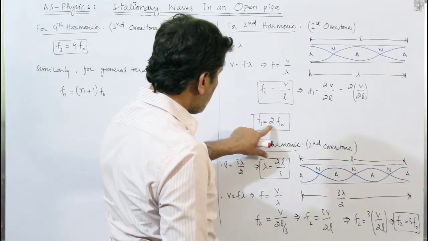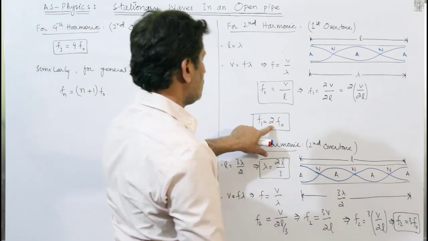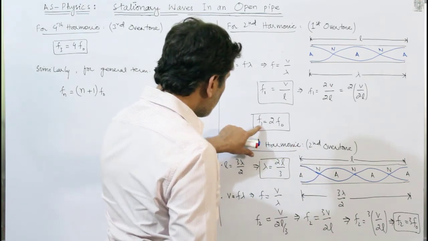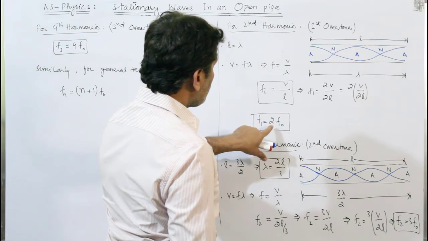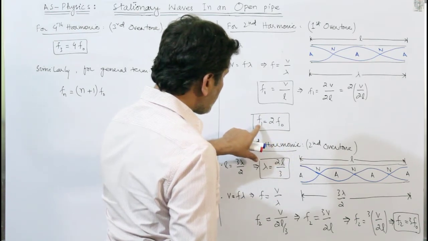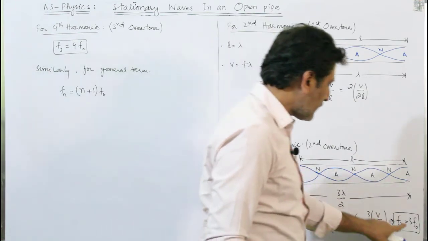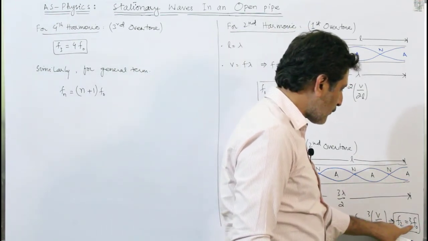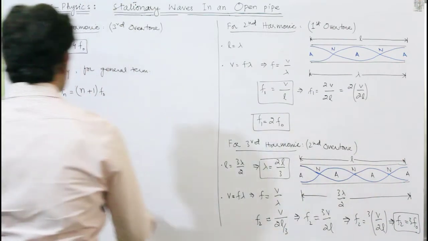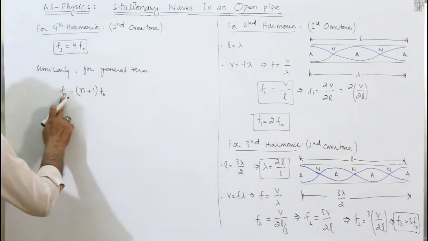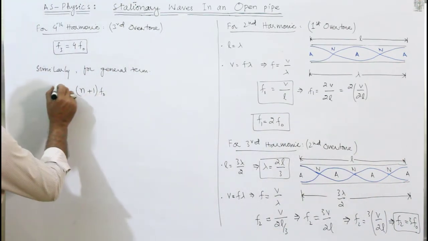Here we have the 1 and here we have 1 plus 1. That means we have the addition of one to the value of the subscript of F, and here we have 2, that is the addition of 1, that means 3. So we can generate the general term: Fn is equal to n plus 1 into F naught,